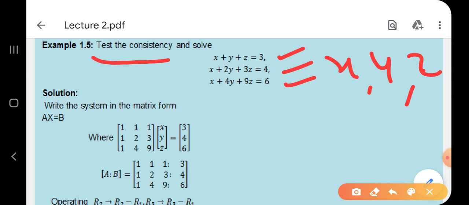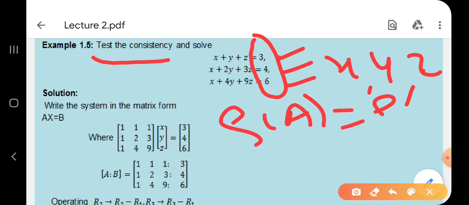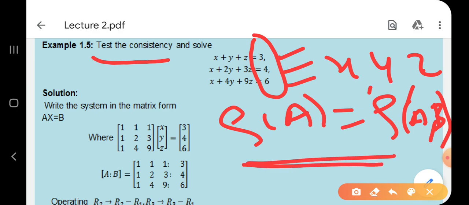Okay, so this is our non-homogeneous system because Ax equal to 0 is not there. B is present, 3, 4, 6. So write down the system in matrix notation because we have to check for consistency. What is meant by consistent? It has at least one solution. For that, I have to check that rank of A is equal to rank of AB. If rank of A is not equal to rank of AB, the system is inconsistent, no need to find its solution. If rank of A equals rank of AB, then the system has a solution because it is consistent.